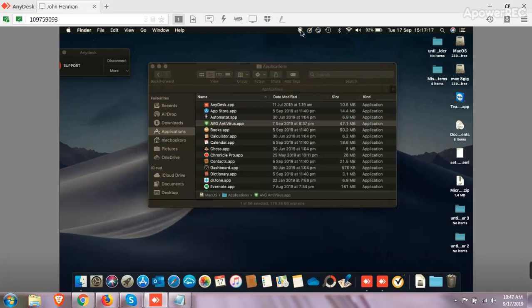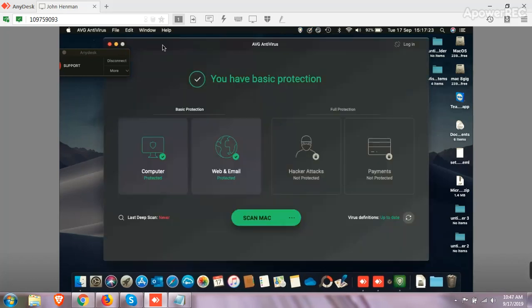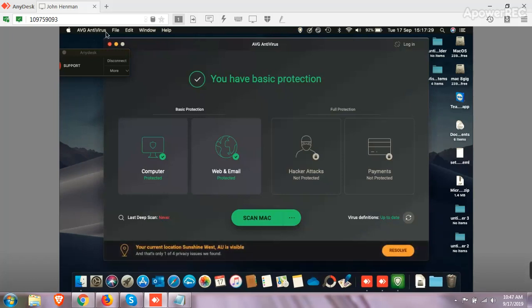So in order to uninstall, first of all go ahead and open the AVG antivirus. Then once you open the AVG antivirus, you can see on the top left side